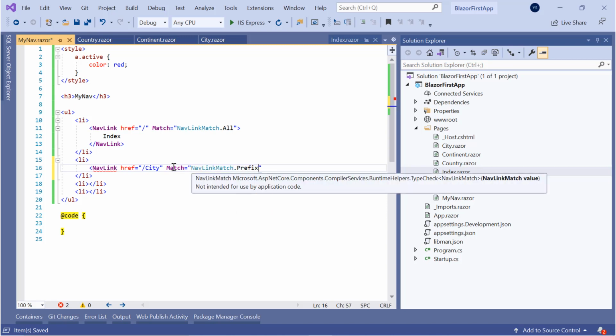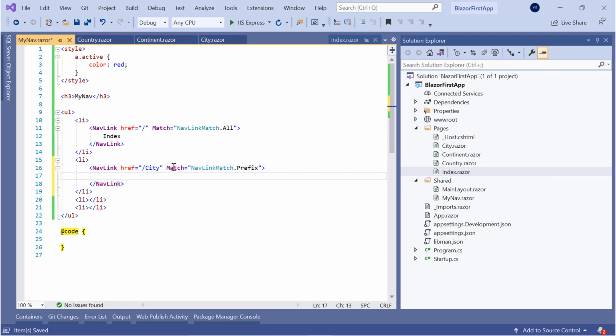So the matching of the NavLink will be done through prefix mode, and you already know it is the default one, so we don't need to add this attribute. Okay, and we write as city, and then comes the third one.